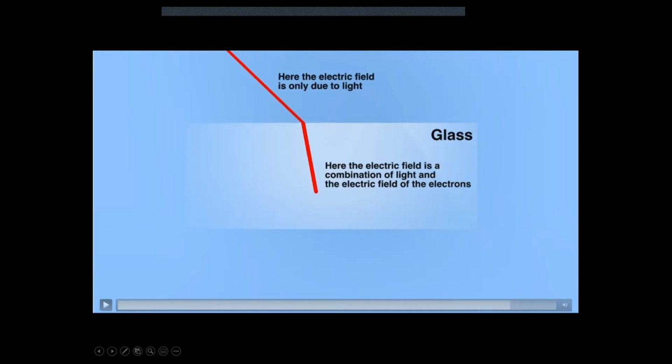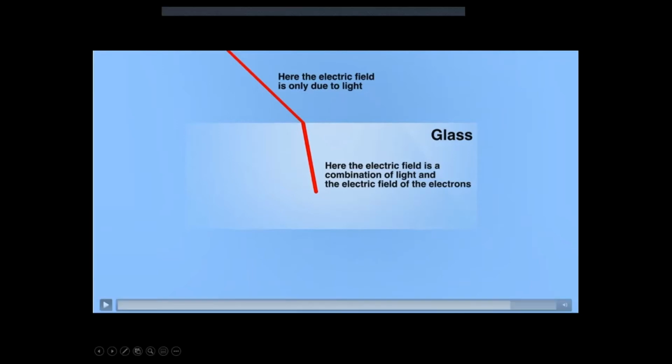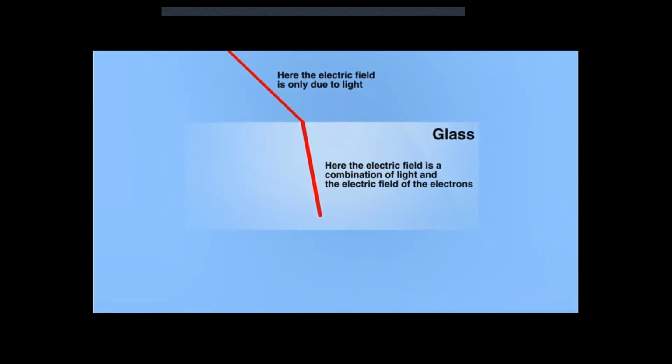All right, so what's happening is the light starts to go through the material. It's going to jiggle the electrons within the material. So what happens when you accelerate these charges? They generate their own electromagnetic waves. So there's going to be a wave interaction between the incoming wave and the waves generated by the electrons. All right, and then when they combine, the resultant wave is going to be moving 1.5 times slower. Different speed, and the combined wave moves slower than light would if the atoms weren't there. All right, so there's going to be a combined wave. You've got the incoming wave, and on top of that, the wave generated by the electrons.